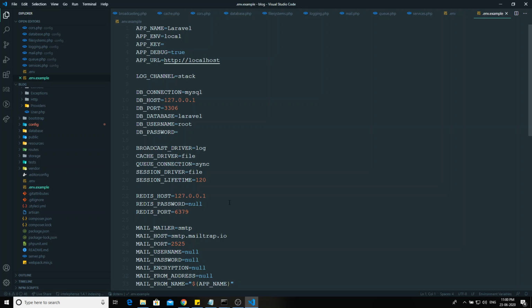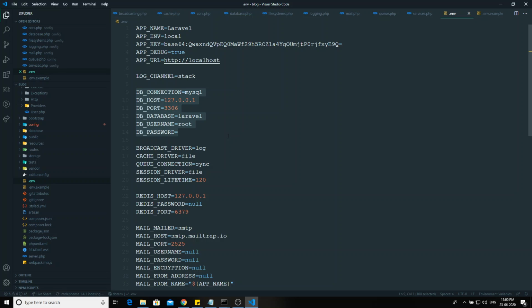You have to remember one thing: you should never commit this file to Git or any source control. Why? Because .env has the risk of holding sensitive information that could get exposed. For example, here you will have all the database connection credentials written. If you commit this code, it will be exposed to other members.